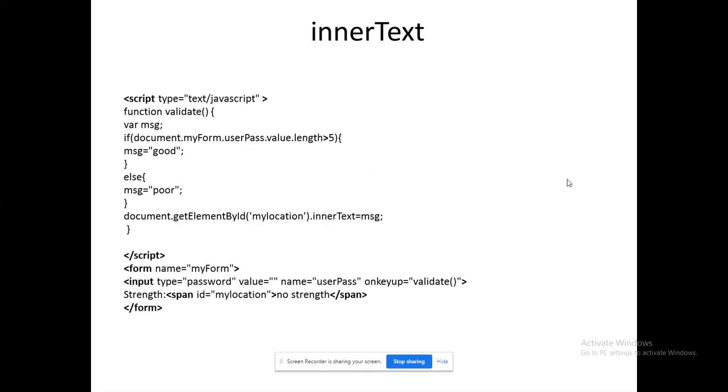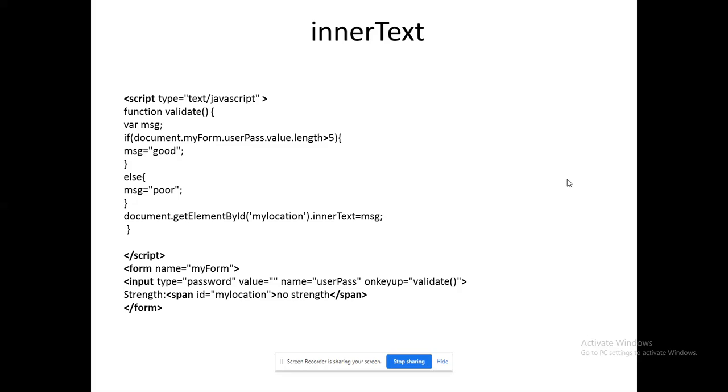So inner text is the same thing. If I am ready to display a value, it has to be passed through this dot inner text. So depending upon the condition being satisfied from the form, they are creating a form. It consists of a password box. It is going to check whether the password is strong or not.